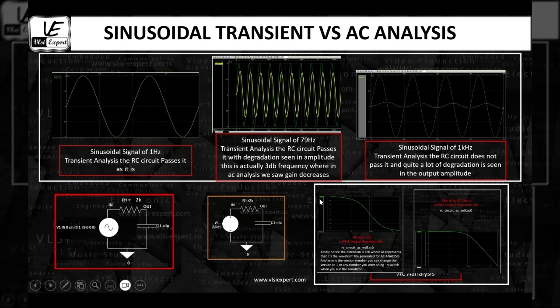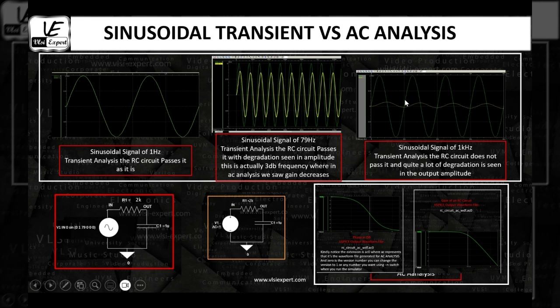The output shown here shows me the magnitude and the phase, right? At the 3 dB frequency, after 79 hertz, I see that my gain is falling. Similarly at 79 hertz, my phase was coming to be minus 45. That means there's going to be some phase lag, which we can evidently see in our second and third